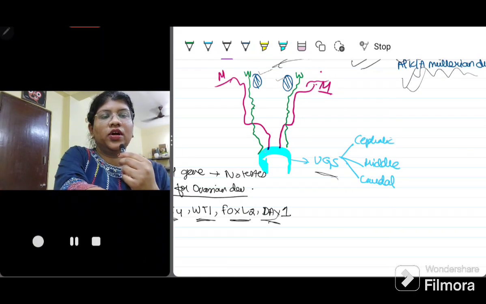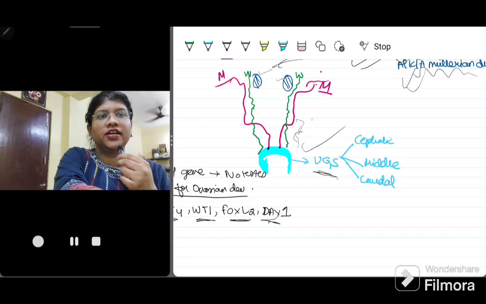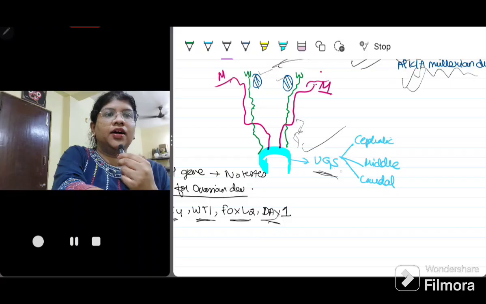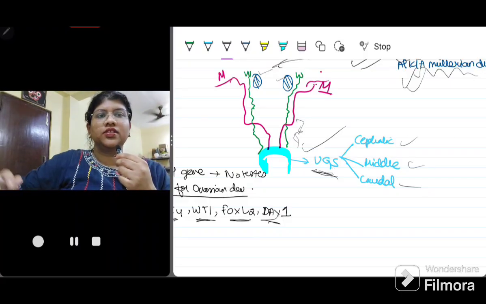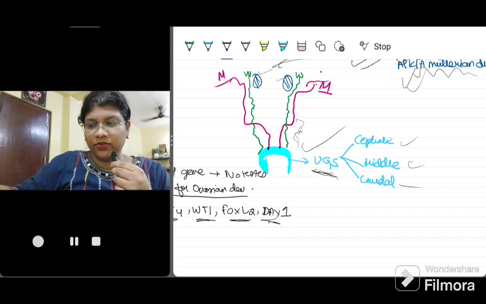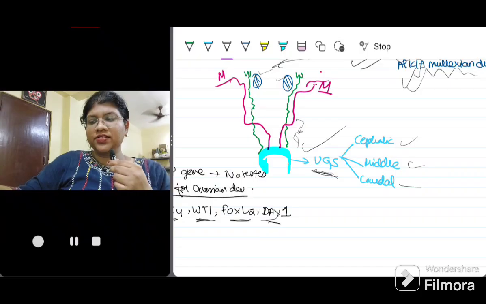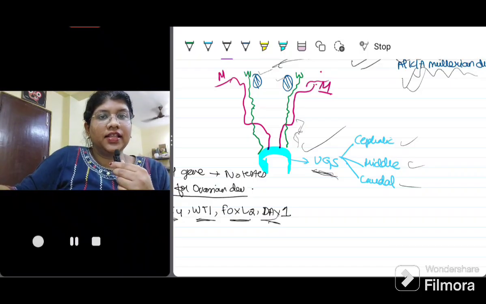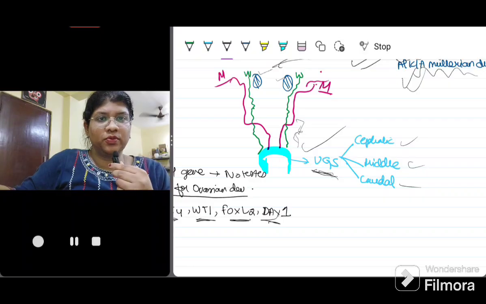Okay, next important point to remember is the urogenital sinus. Okay, now this is the lower 1/3 of the vagina, which is formed by the urogenital sinus. The upper 2/3 of the vagina is formed by the Mullerian system. Urogenital sinus again can be divided into cephalic, middle and caudal part. Okay, so this is something that you have to remember. So by the fusion of the Mullerian system with the urogenital sinus, that takes place around 10 weeks. And remember, it is always a caudal to cranial fusion, and this gives rise to the uterovaginal canal. This has to fuse, okay, and if again there's any fusion defect, that will also give rise to Mullerian anomalies,